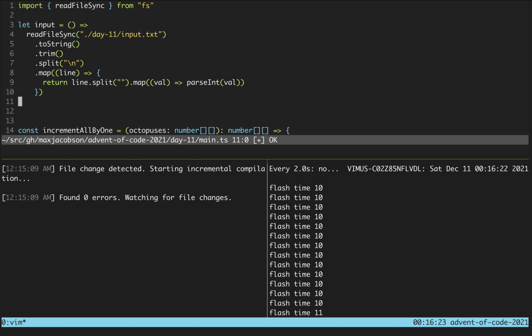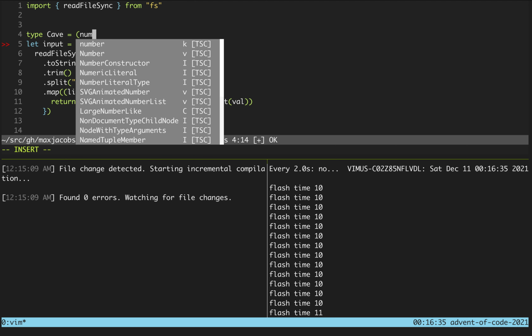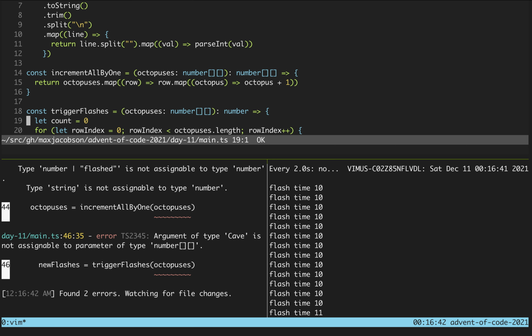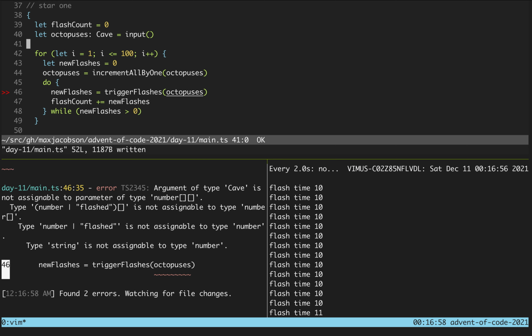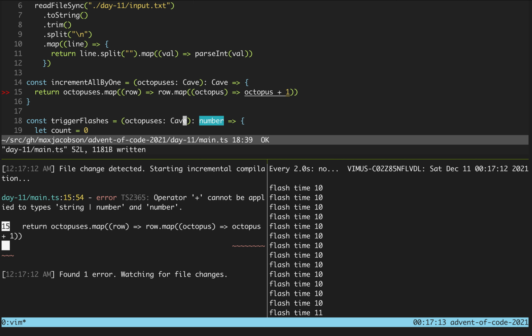I'm tempted to say that, okay, so let's say that we have type cave equals number or flashed array, and we will say that this is a cave and this is a cave and this is a cave, and what is so something here won't work. Oh yeah, this is a cave, and now the only problem is that this is actually a good problem where the type system I think is helping us,